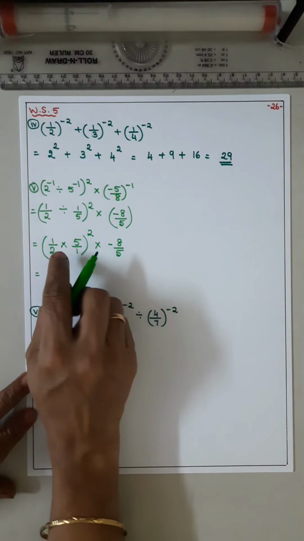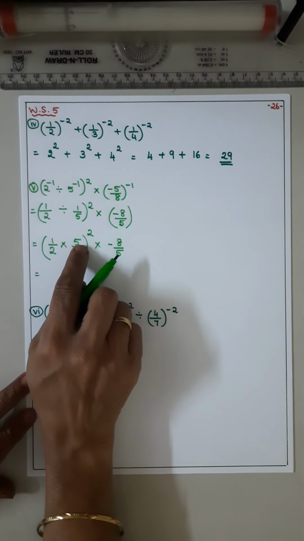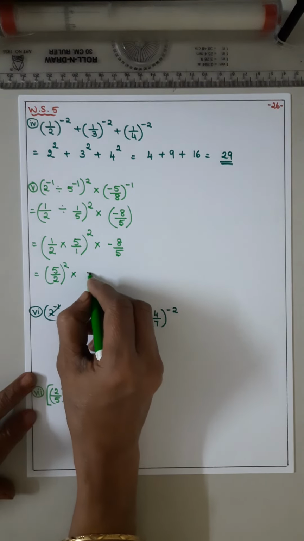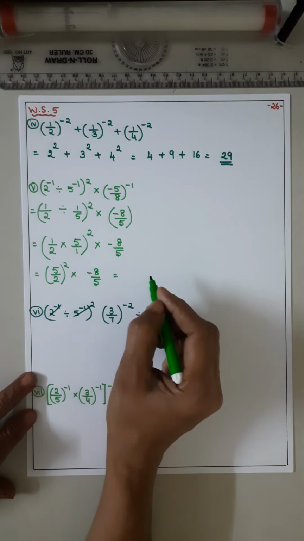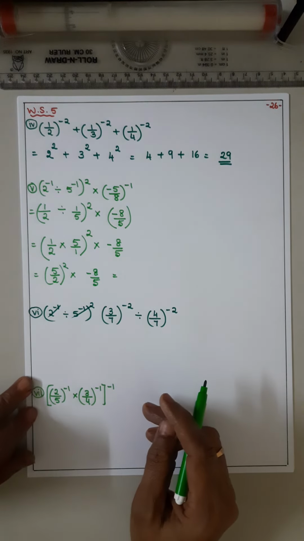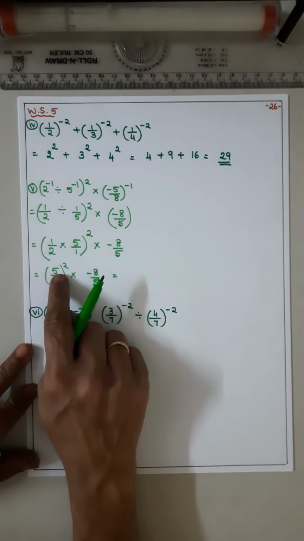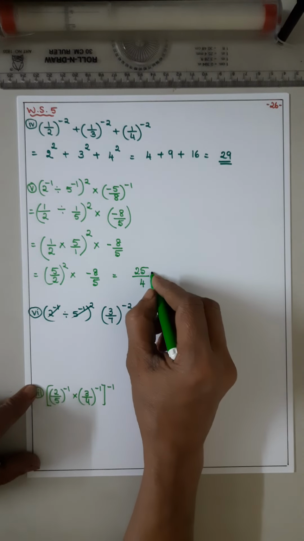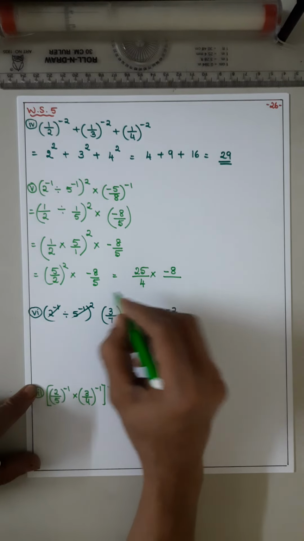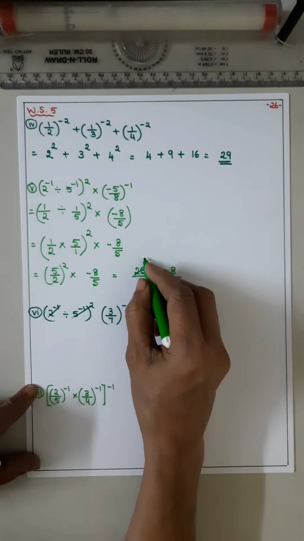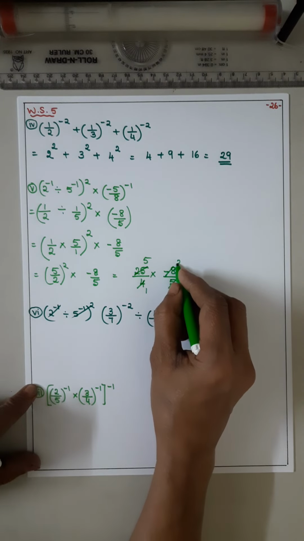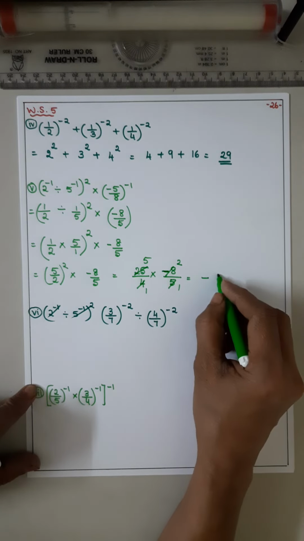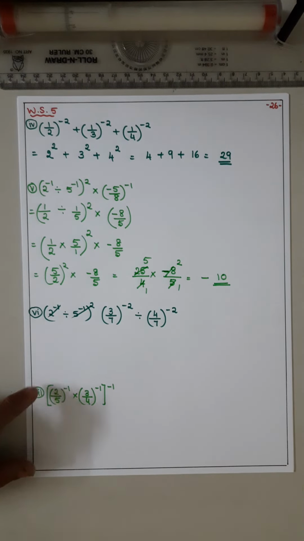Okay, now it is 5 by 2 the whole square into minus 8 by 5. ठीक है, मैं स्क्वायर को ही लिखती हूँ, आप लोगों को 2 बार लिखेंगे फिर कंफ्यूज हो जाओगे. तो 5 squared is how much? 25. 2 squared is 4 and here minus 8 by 5. 5 ones are 5, 5 5s are, 4 ones are 4, 2s are. अभी बना ये प्लस माइनस माइनस, 5 2s are 10. So the answer is minus 10.